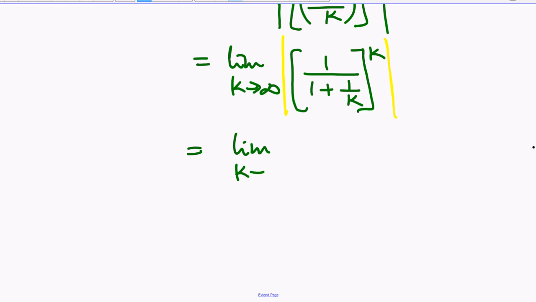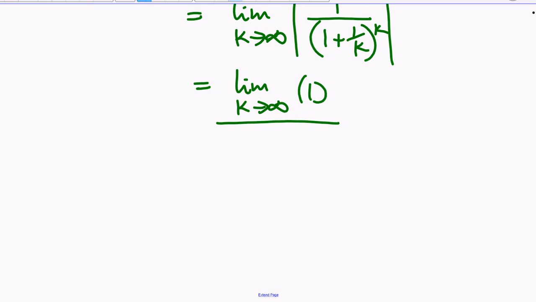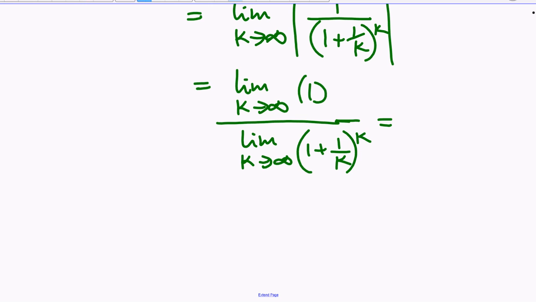The limit as k approaches infinity of the absolute value of 1 to the power k is just 1, so I'll have 1 over 1 plus 1 over k to the power k, and then what I'll end up with is the limit as k approaches infinity of 1 over, making it really long here, 1 plus 1 over k to the power k, and that will be equal to 1 over e,